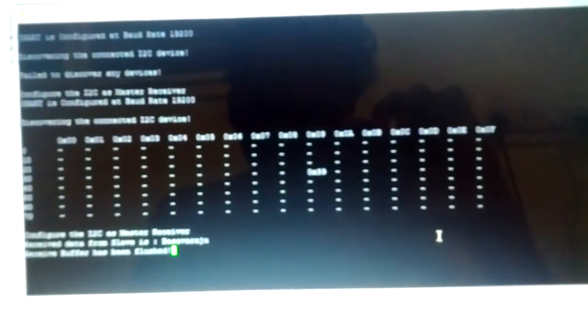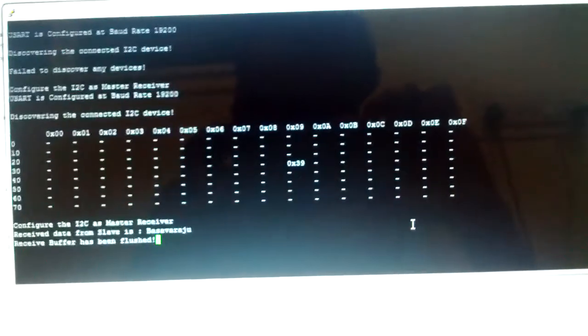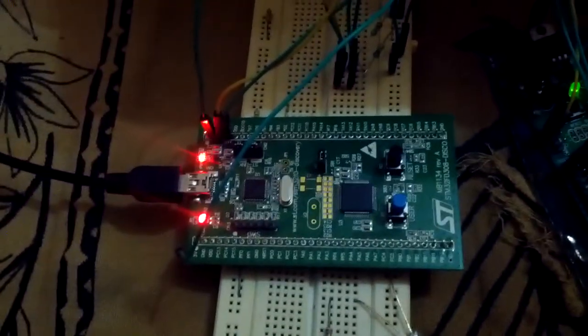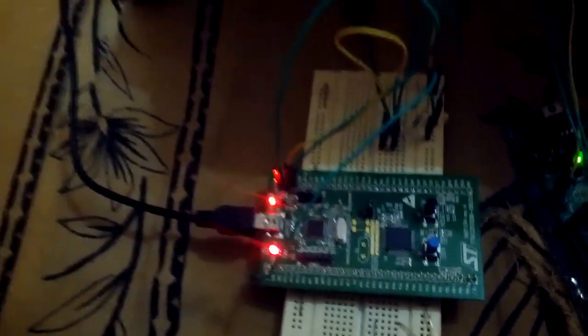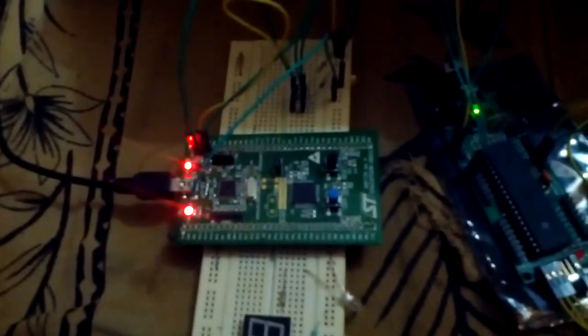Now I demonstrated just now the way in which I communicate to PuTTY on my computer. Now I'll just demonstrate once again. This time I have given a power supply to the slave, that is the STM32F0, via USB. You can see that I have connected the USB over here. I'll remove that connection and show you that